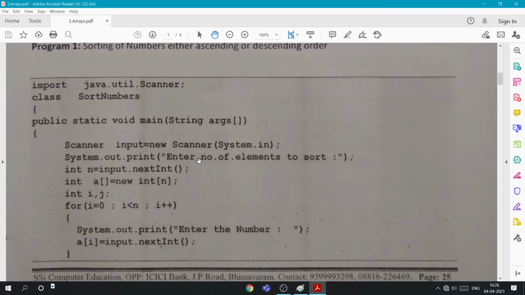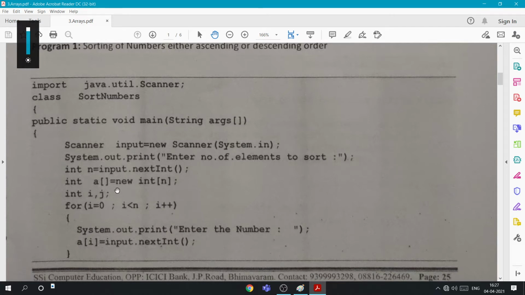This is important if you want to take information from the user. So basically we have created an object called input, and that we are using here. So int n equals input.nextInt().